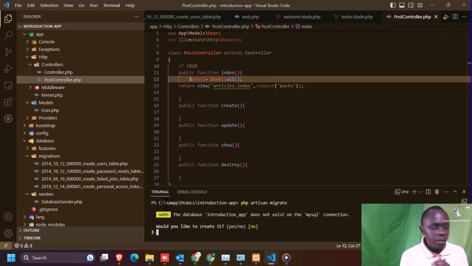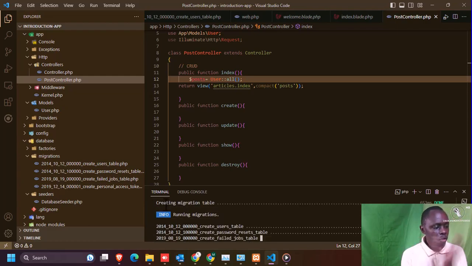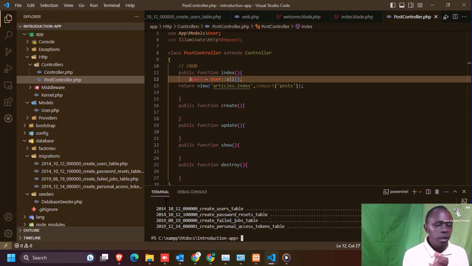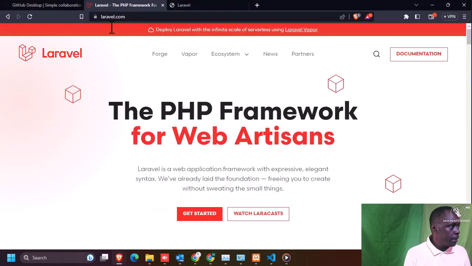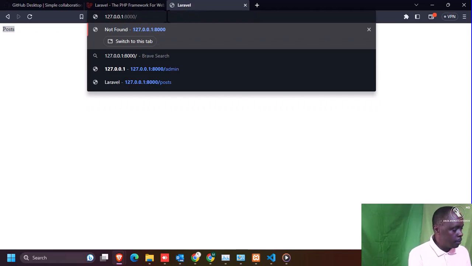It is going to ask us, do you have a connection? There is a connection string called introduction app. Do you want to create it? Just say yes, and then it's going to create that database and run that migration. So guys, we have run our migration in our database. We also have that table now, introduction app, and then when we go back to our browser and write articles,